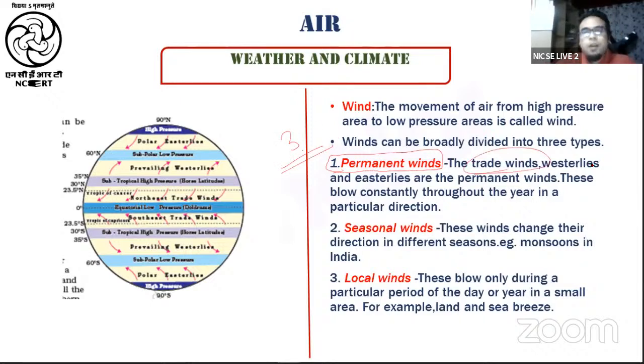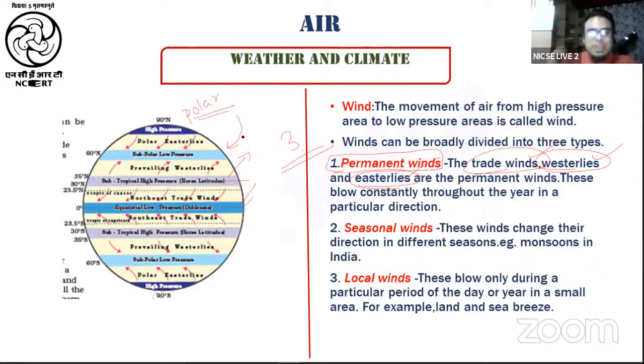We have your trade winds, we have your westerlies, and then we have your easterlies. So what are these trade winds, westerlies, and easterlies? When we move into the NCERT of class 7, you will understand the various dimensions associated with it, right? But for the time being, understand trade winds are those winds which are blowing from the subtropical region towards the equator side. Then we have the westerlies which are blowing from the subtropical high pressure areas towards the subpolar areas, which have low pressure. And then we have the easterlies, which start from the polar region and move towards the subpolar areas, right?